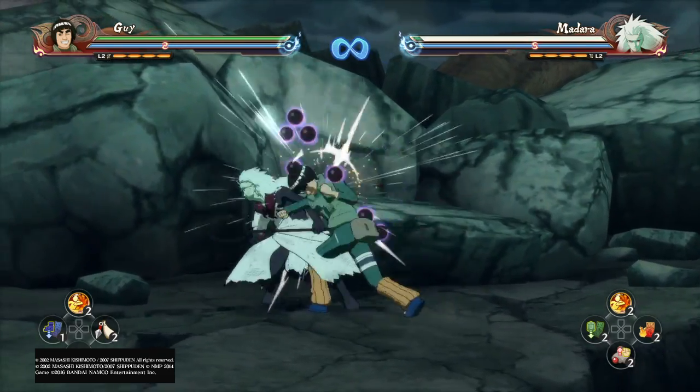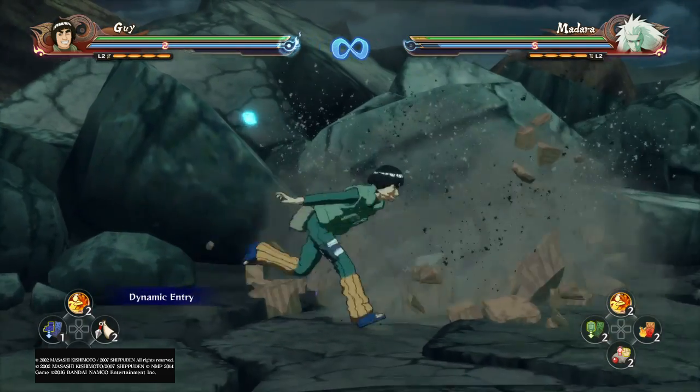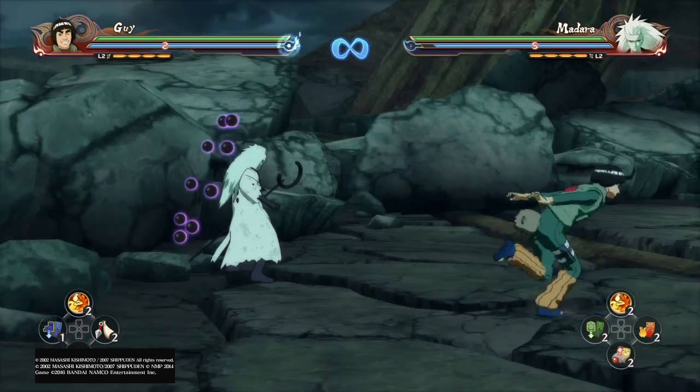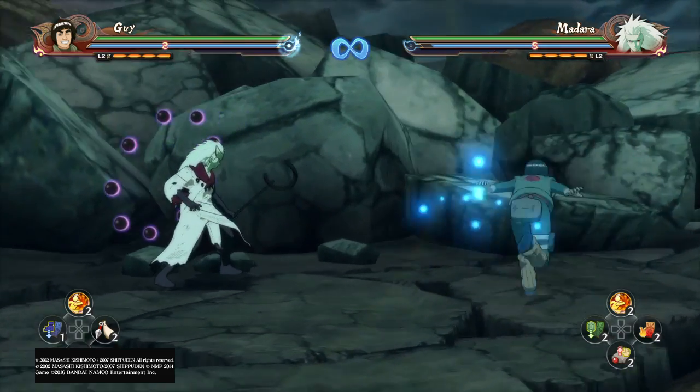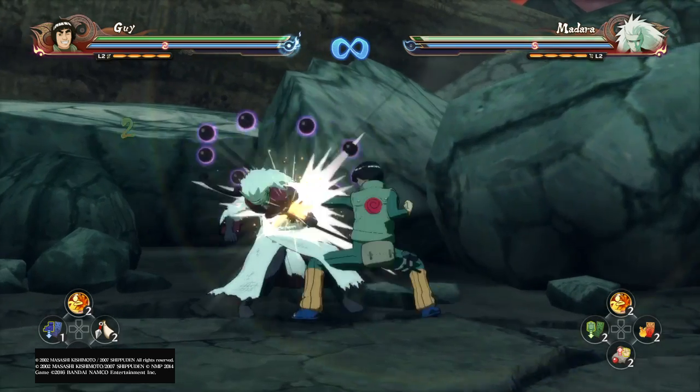Maybe off of his down combo? No, that kind of just whiffs completely. So, I don't know. Again, you don't need to. See, that's the thing with Guy. You don't need all these advanced techs because he's just a solid character on his own. Like, you can literally just, you know...